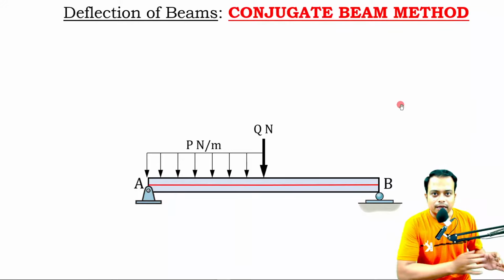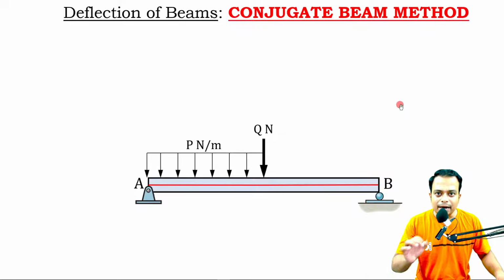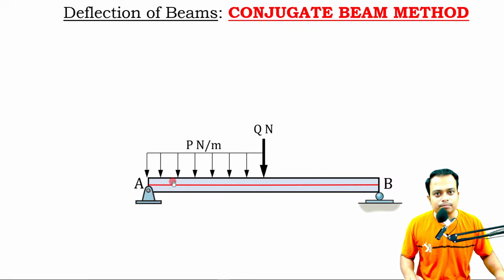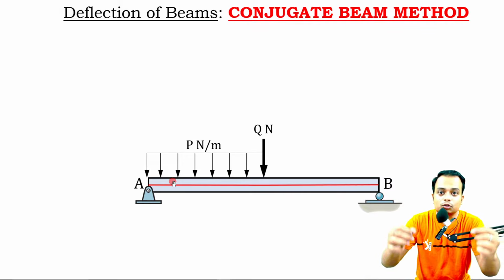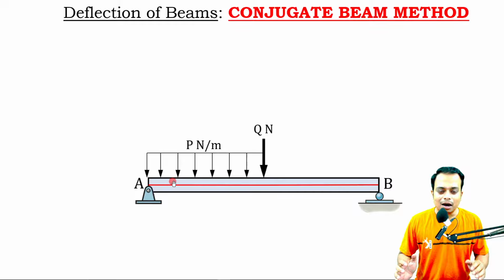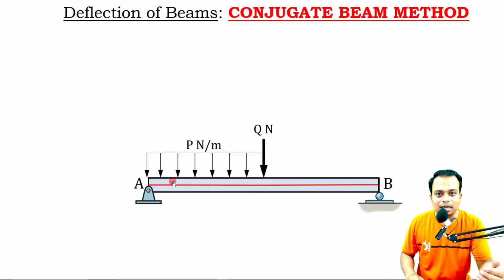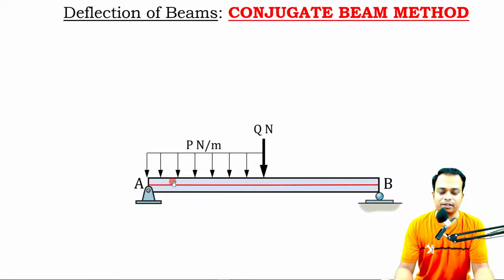What if I tell you that if you know how to calculate the shear force and bending moment at any given point along the length of this beam, you can calculate the slope and deflection also. Now, this may sound weird: how does calculating shear force relate to slope, and how does calculating bending moment relate to deflection? Yes, there is a connection,